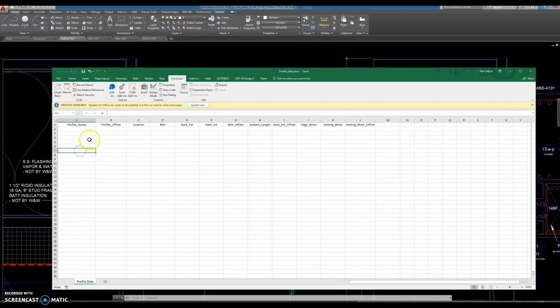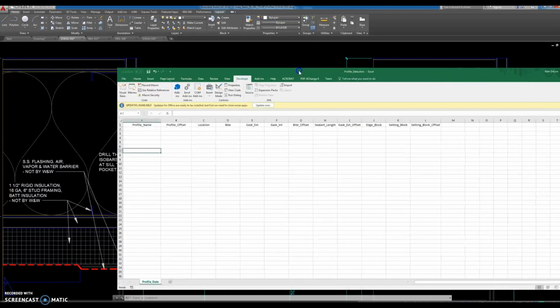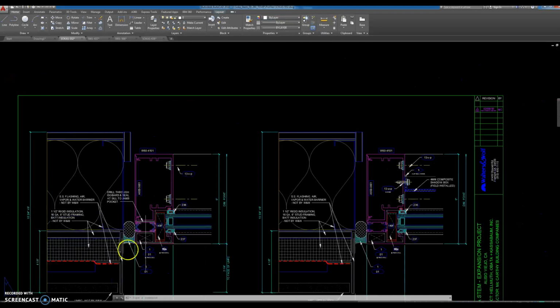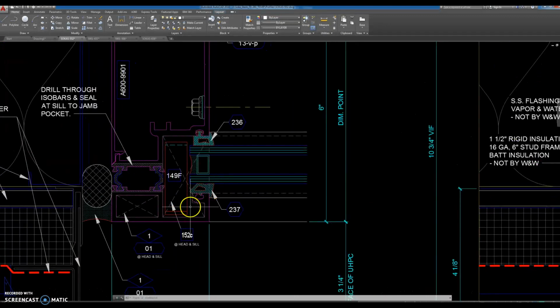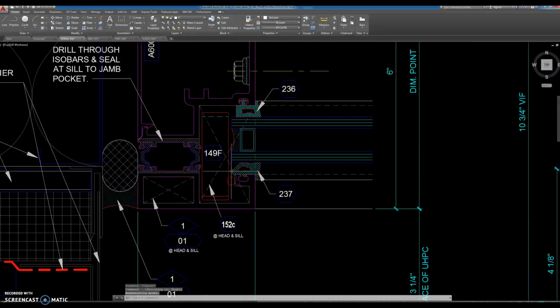So today I'm going to show you a couple of different possibilities for the mullion types. I'm going to show you some verticals, horizontals, and corners, and just show you the differences for entering the data. So first thing, let's do a vert. The first thing you do when you open your AutoCAD drawing for the profile, you go to model space,